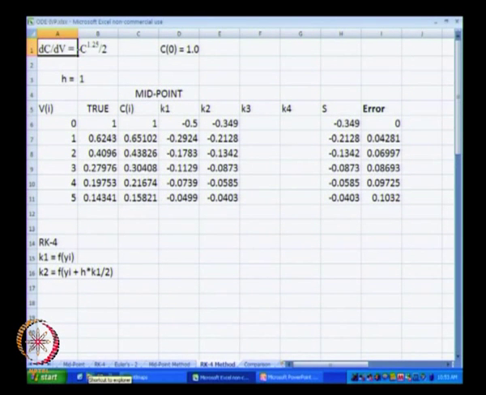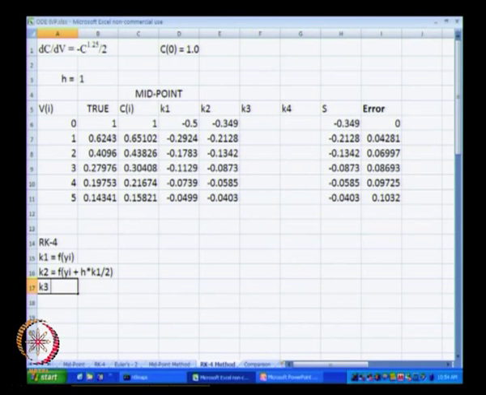Keep in mind that in this particular example the function f is just a function of y, it is not a function of t, that is why I am using a shorthand notation. If it was also a function of t, then instead this would have been f of yi comma ti. I am just not writing this ti to simplify the notations, because our function f is just a function of yi.